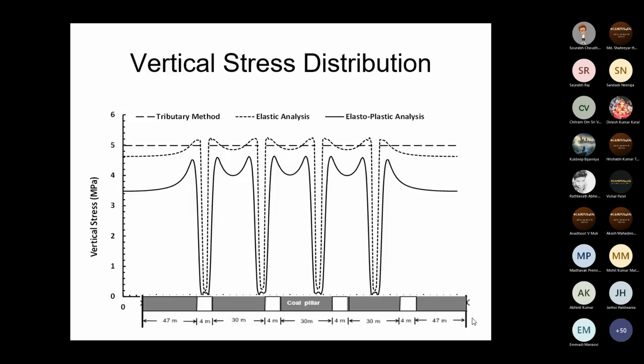Okay, than the rock mass. So for the intact material, the stress is very high at the corner of the excavation. But whereas in case of plastic analysis, because the deformation is happening, the stress very close to the corner of the excavation has decreased, and this decrease results in an increase in the stresses.